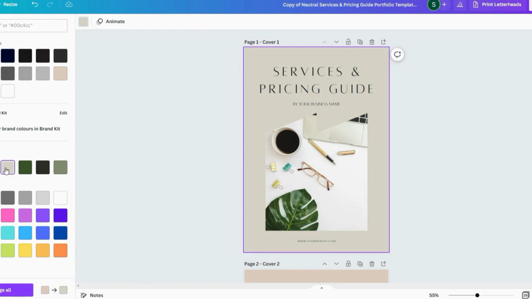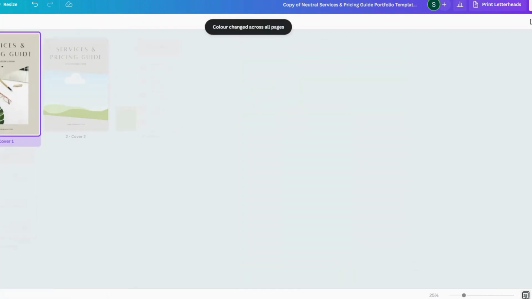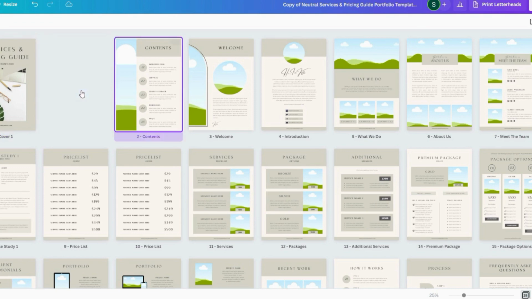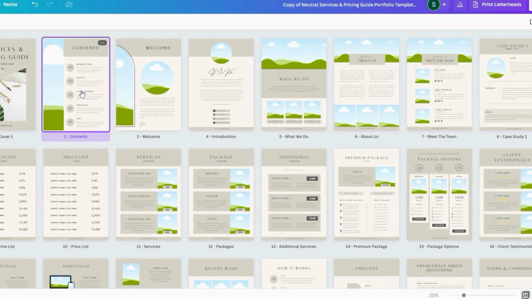We'll select that, and then we'll select change all, so it applies that change across the whole of the project without us having to change each page individually. So select change all, and we'll select grid view, and you can see that it's applied that change across the whole of the project. So we don't need two covers, so what we can do is we can select that second cover, and we can then select delete to remove that,